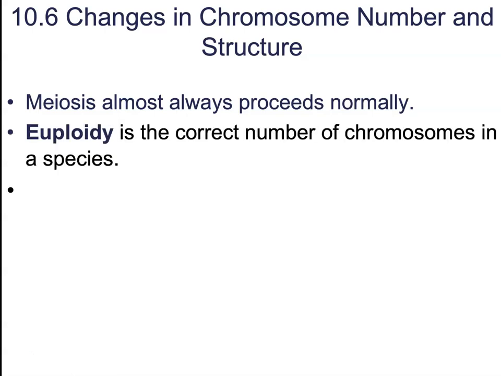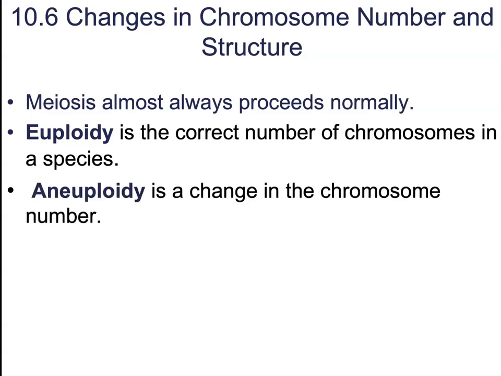Normal separation during meiosis results in euploidy. Euploidy is just the correct number of chromosomes that are associated with the species. Since we are human beings, we need 23 chromosomes to be present in our sperm and egg cells, or in our gametes should have 23 chromosomes apiece. However,